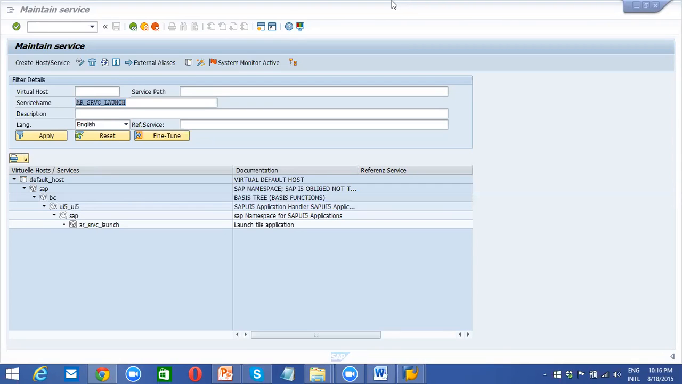If it's a central hub deployment, the UI related services are all activated on the gateway server, and the OData services are activated on the backend. Sorry, can you come back? If it's a central hub deployment,